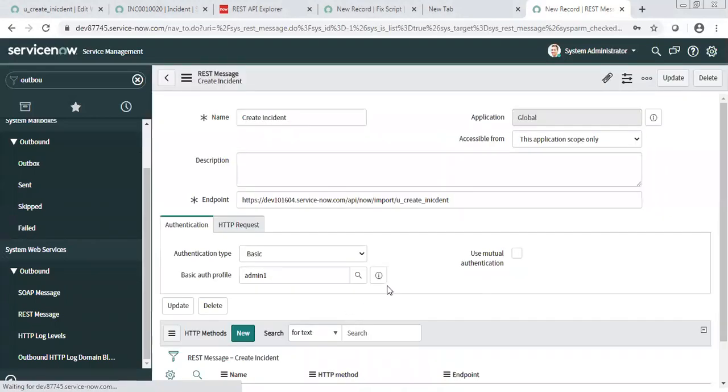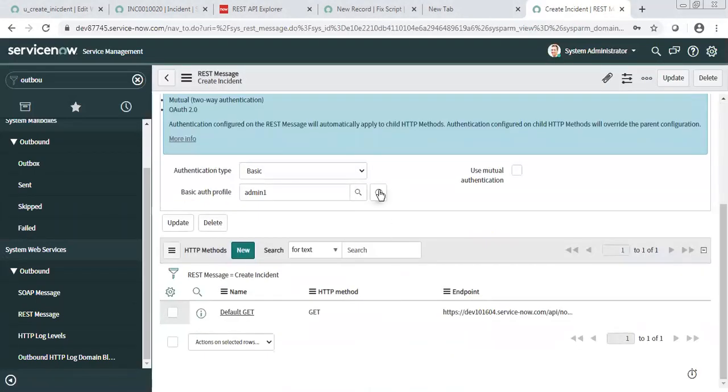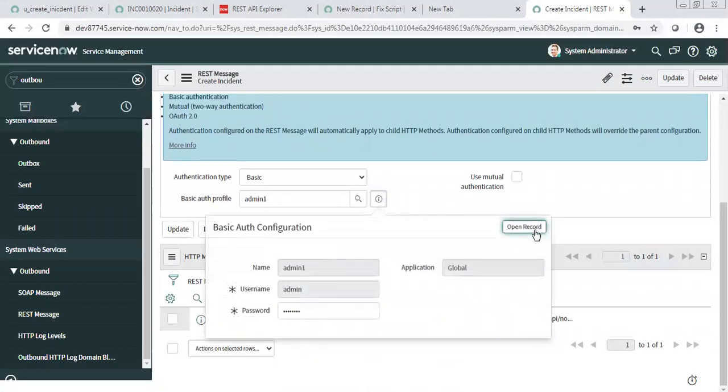I just put the user ID and password of my instance, so username and password. This instance or your instance? My instance, because your instance needs to connect to that dev 101, right? Correct. So I have put the credentials of that.